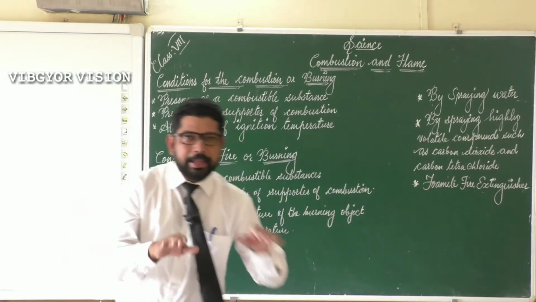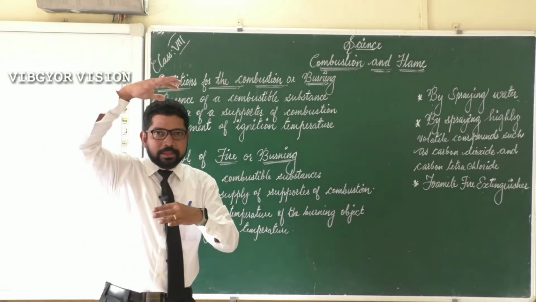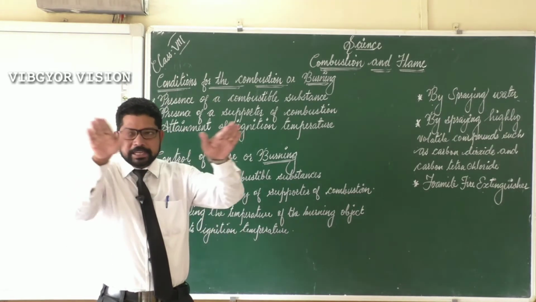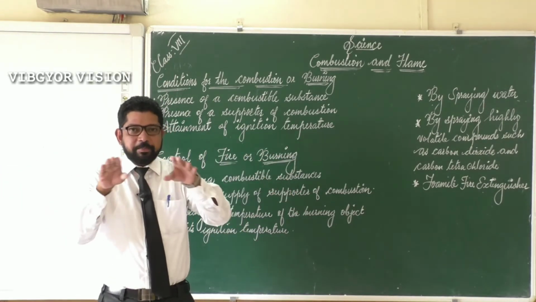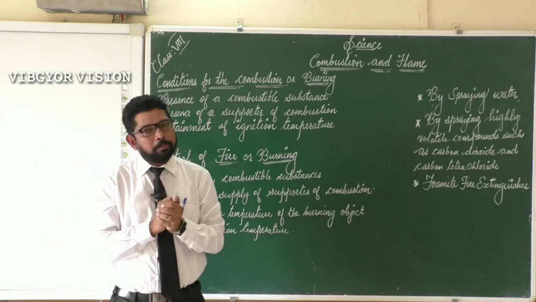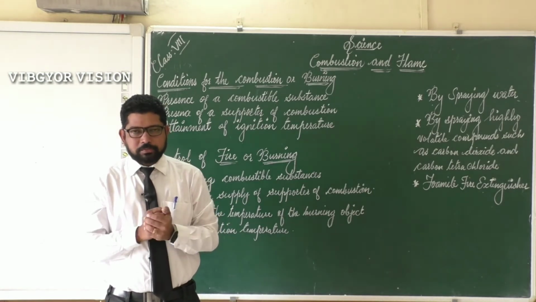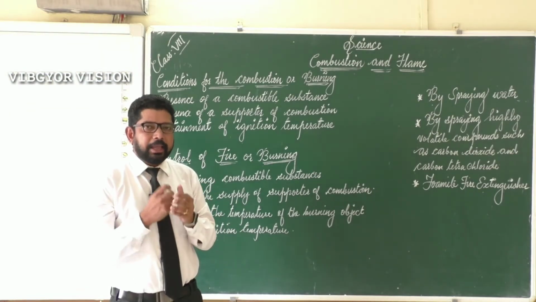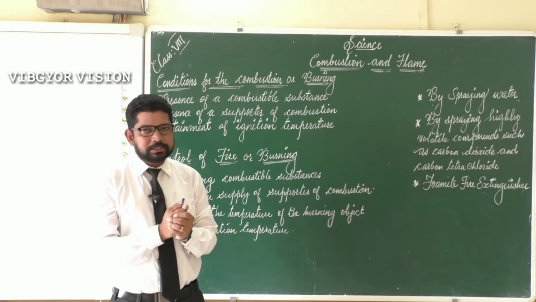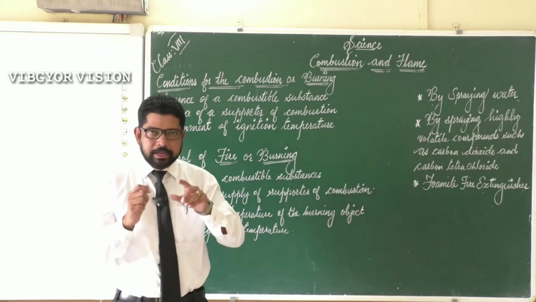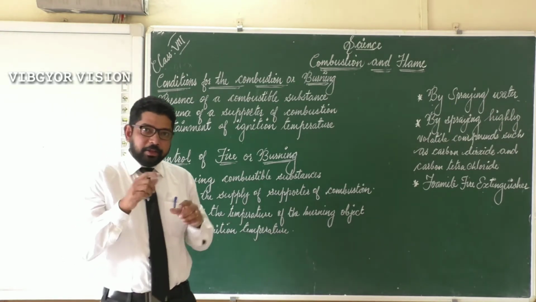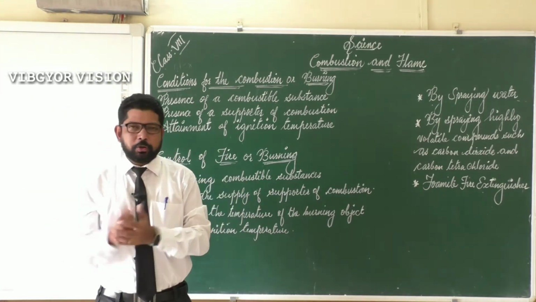So if we made the layer around the burning object, what happens? The supply of oxygen or air will be stopped because there is a layer of water vapor or steam. By cutting the supply of air, the burning object can be extinguished. By these two ways, spraying water can extinguish fire. Don't forget these two things. First one, lowering the temperature. Next one, cutting the supply of oxygen or air. And we told that water is good to extinguish the fire.